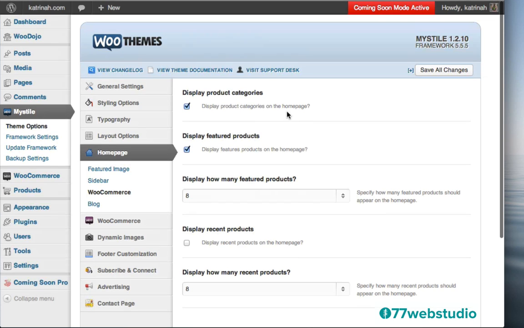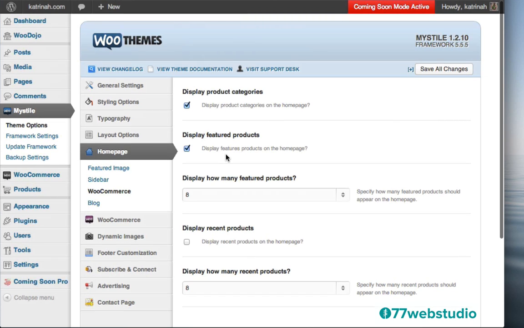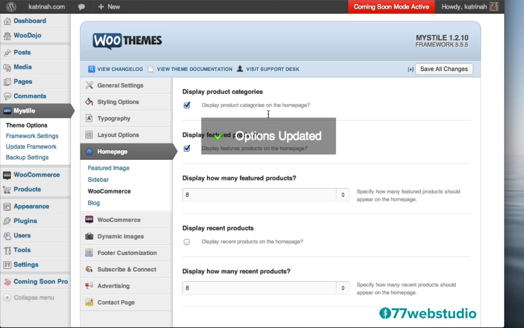I think just displaying the product categories and the featured products is enough. I don't need recent products too, so it seems kind of repetitive. But of course, if you want it, feel free to check this box and indicate how many of those products you want to have featured. I'm going to set my homepage like this and click on Save All Changes to save the changes for the homepage.